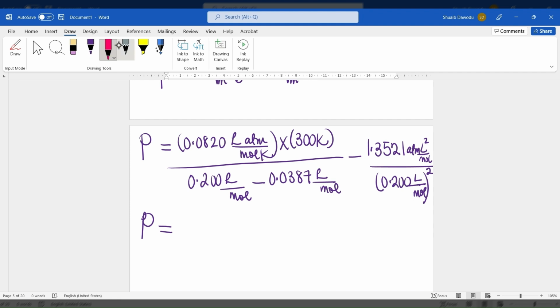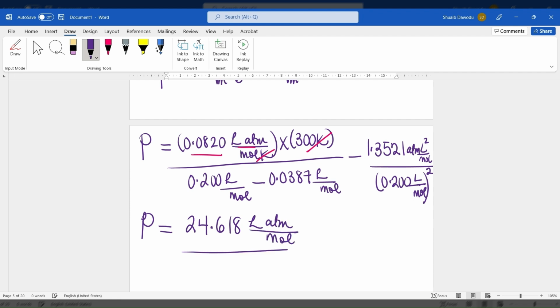Of course, we're scientists, so we know that the best thing for us is to start canceling out anything that can be easily cancelled out. So we see a situation here where we can cancel out the units for temperature, so Kelvin, Kelvin. Yeah, we have that, so we can just continue our calculation. 0.08206 times 300 will give you 24.618. And then, of course, we have the unit liter atmosphere per mole. So that would be liter atmosphere per mole divided by